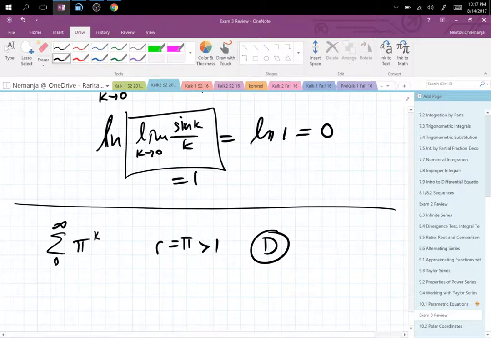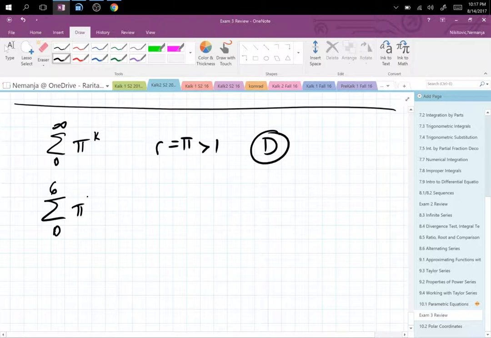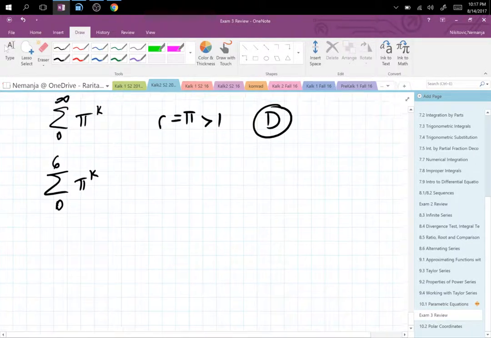Yes, so you only have a finite sum. Is it 1 or 0 to infinity? To 6? Sorry, it's 0 to 6. Yeah. So what you can do is, the way it was asked on the homework, it's pi